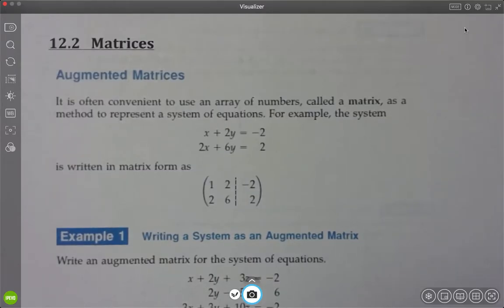Okay, Trig, this is section 12.2, which is the first section about matrices. I wanted to go through matrices and just touch on them a little bit before we end the year, because those of you who are juniors will probably see this again when you take the ACT. Yesterday, or I guess in the last two videos, we did solving systems